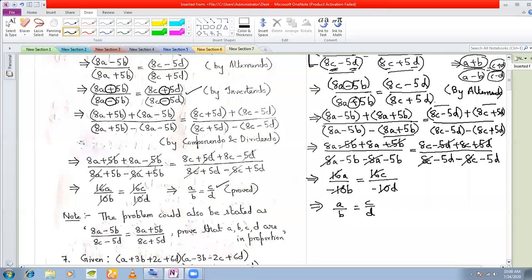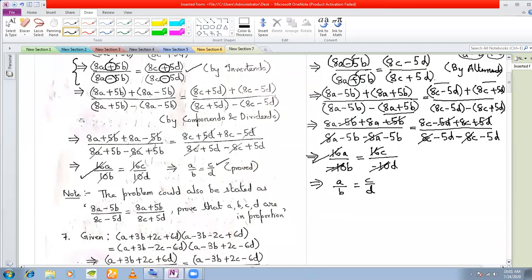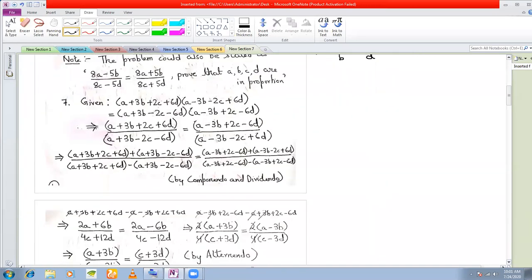Proved. Understood? Here the only difference between the solution that I have given you here is that I have taken the plus sign on top and the minus sign below. Here I have taken the minus sign above, plus sign below. Okay, no problem. Ultimately, if you are getting a minus here, I am not getting a minus sign. See, am I getting a minus sign here? I'm not getting, but here I am getting a minus sign. But ultimately what happens? These minus signs cancel. Okay, any problem with any step? No, sir.